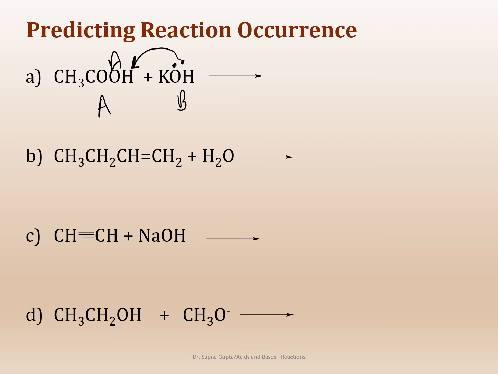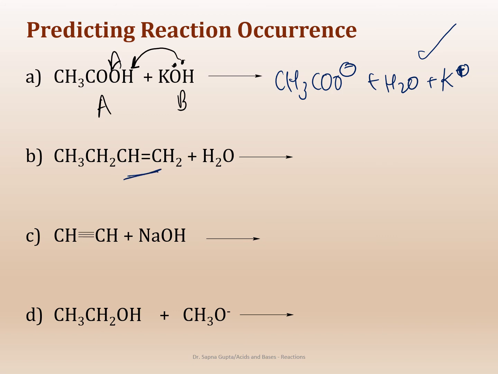So will this reaction occur? First of all, yes, it's going to occur because the base is strong and the acid is fairly okay. So the product then is CH3COO minus, and then H2O, and then K plus. The K plus is the counter ion for the CH3COO minus, or the acetate ion. The next reaction,